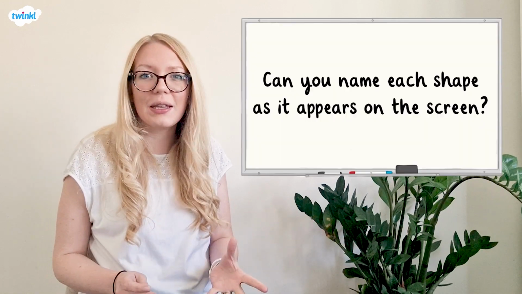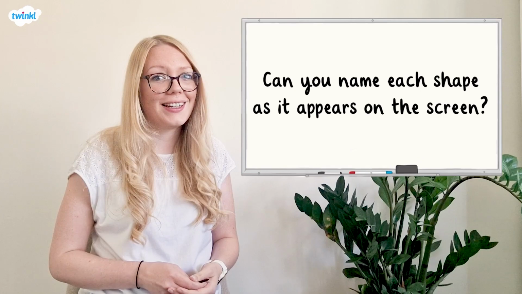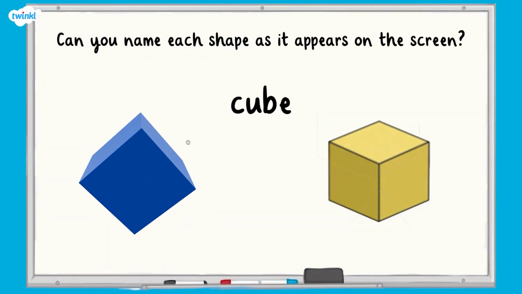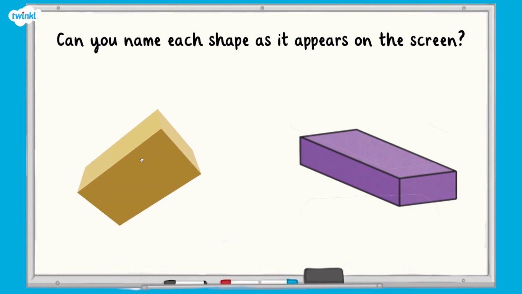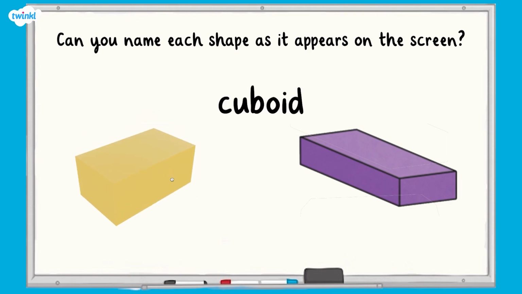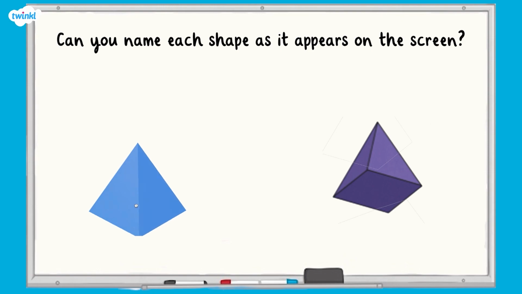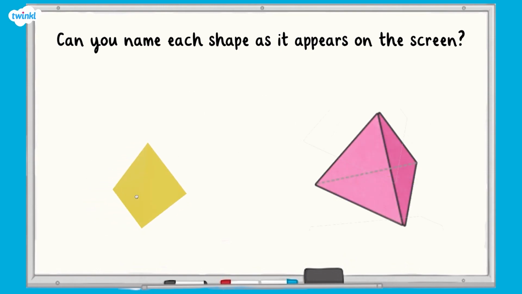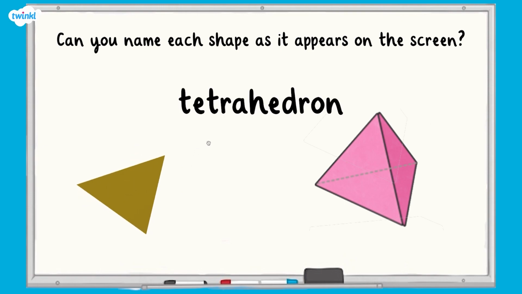Let's have a go at identifying and naming some 3D shapes. Can you name the shape as it appears on the screen? It's a cube, a cuboid, a square-based pyramid, a tetrahedron, which sometimes gets called a triangular-based pyramid,